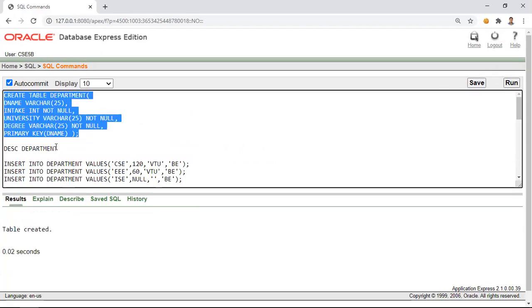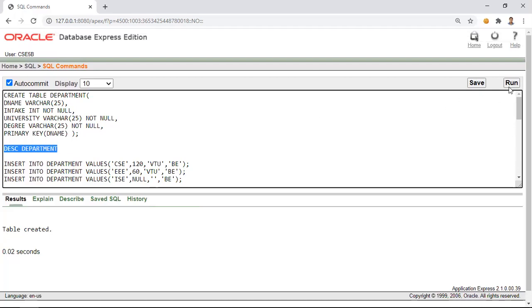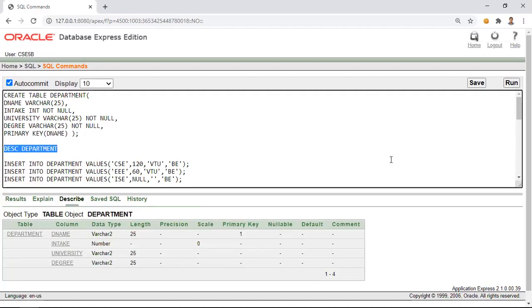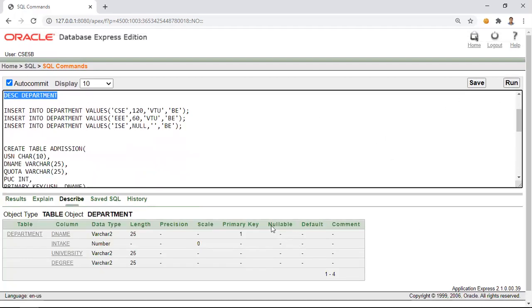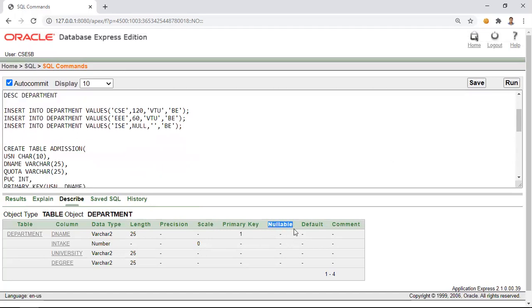Now the department table is created. If we describe this department table, the nullable column had a tick mark in the beginning for all the remaining attributes apart from the primary key. Now it is dash. It indicates that none of the attributes in the department table can have null values.